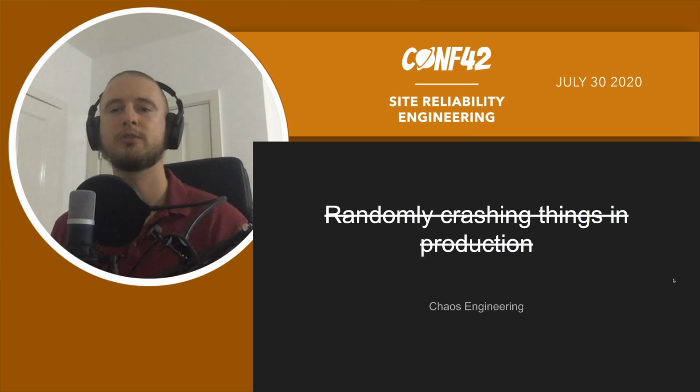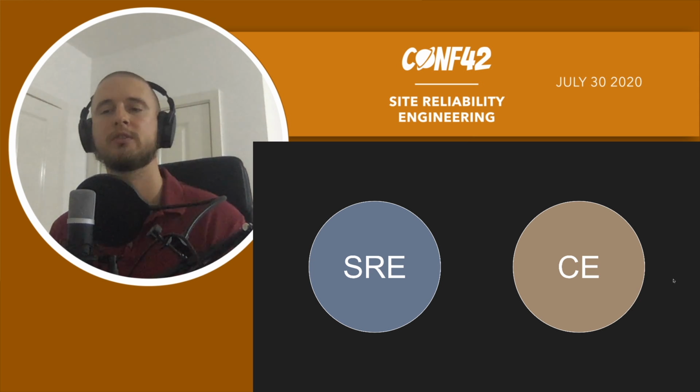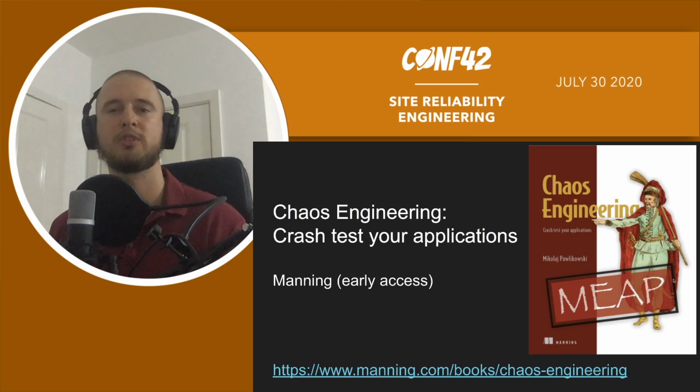So now we have these two concepts. We have the SRE on the left-hand side, and we have the chaos engineering on the right-hand side. And I would like to argue, and spend the rest of the time that we have together now to show you, that the real magic happens, where the love happens, is when you start using chaos engineering for your SRE purposes. Okay? And I'm not just saying that, I deeply believe that. In fact, I believe so deeply in that I wrote a book about it.